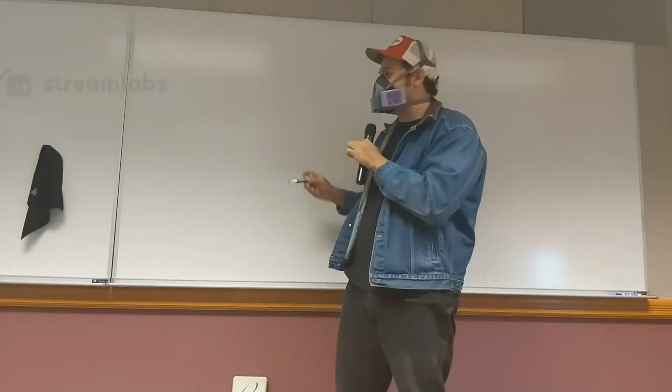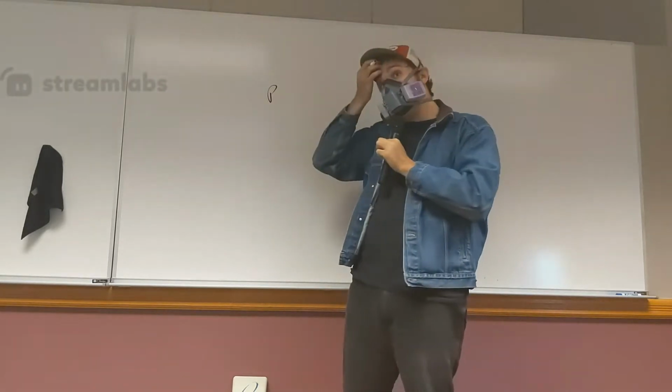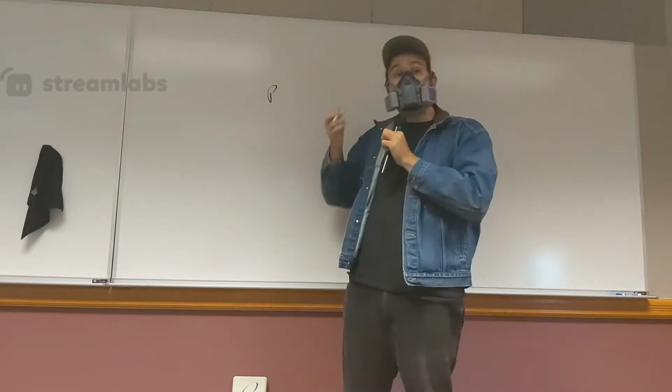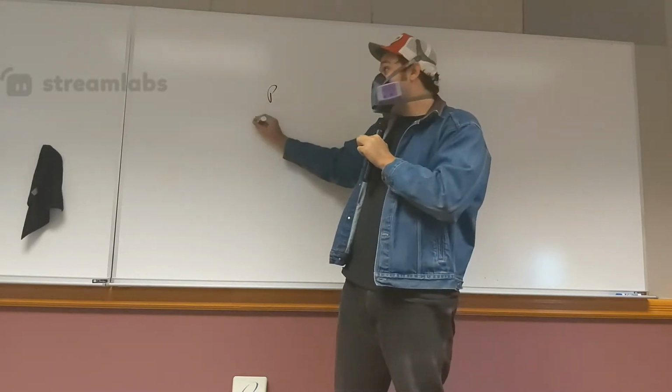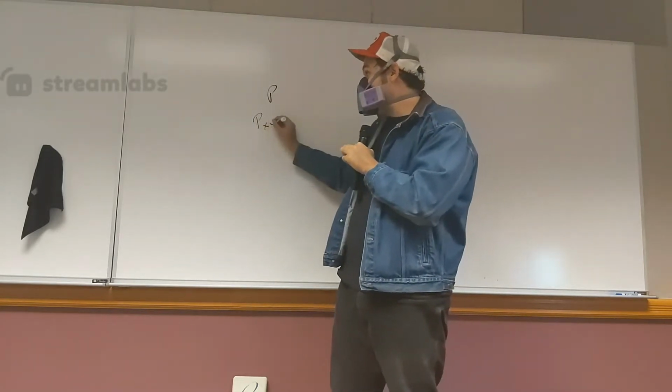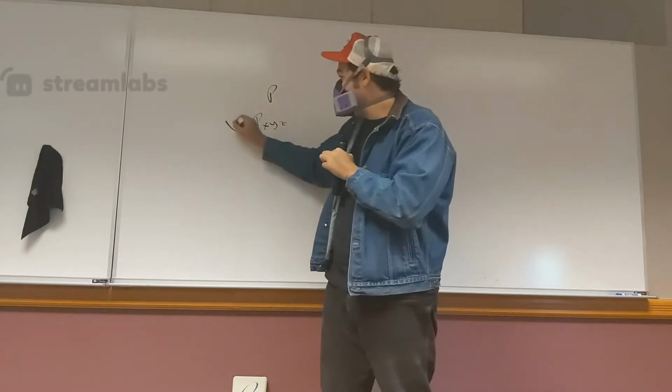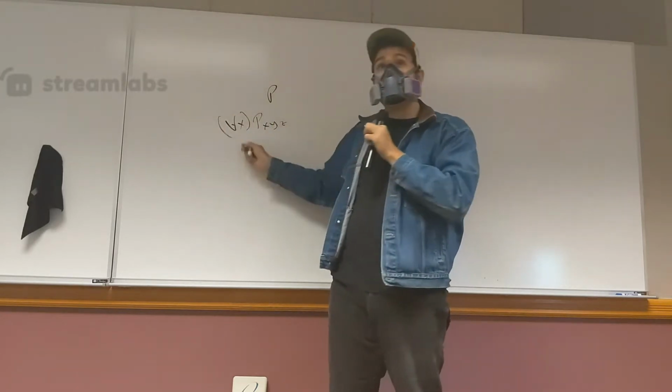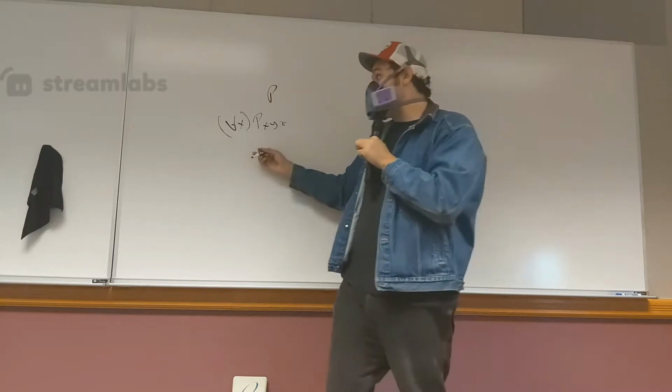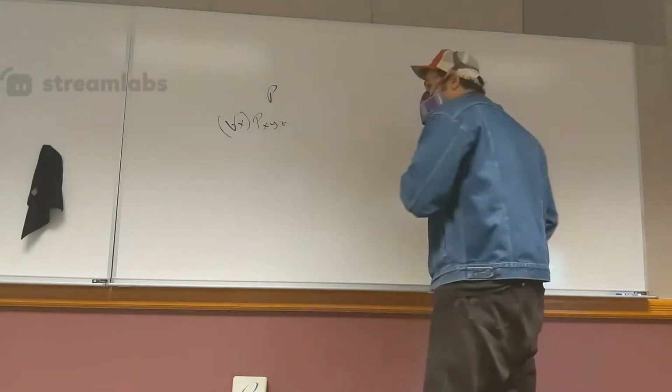Because a single proposition now is just P. But when you break things into subject and predicate, one proposition can end up looking like this, right? Something crazy like that. Or even worse, it could end up looking like,